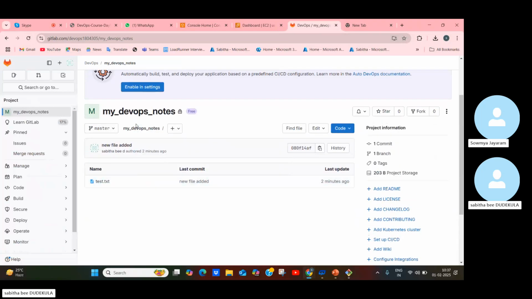So in a simple way, you have created your repository and everything in local, and you have just moved everything to the GitLab console. This is the way developers store their code. Overall, you are storing every code change and every file you need, whatever has to be stored, you can keep it in the GitLab console using the terminal. If you create something in the GitLab console, it's very easy to create. But in